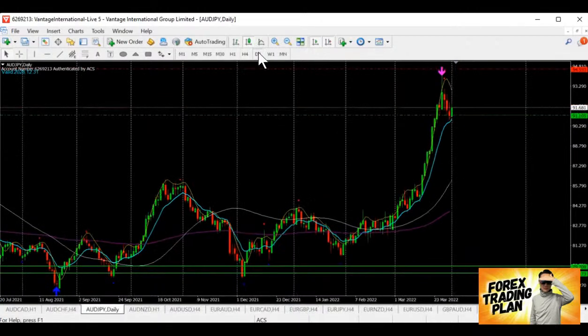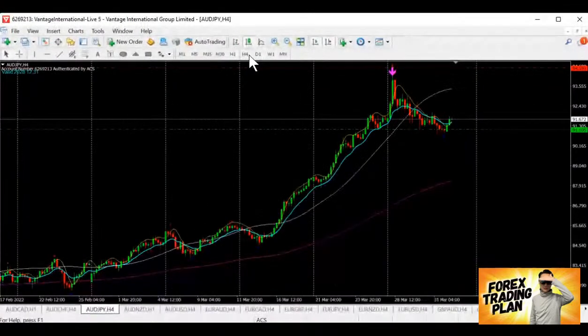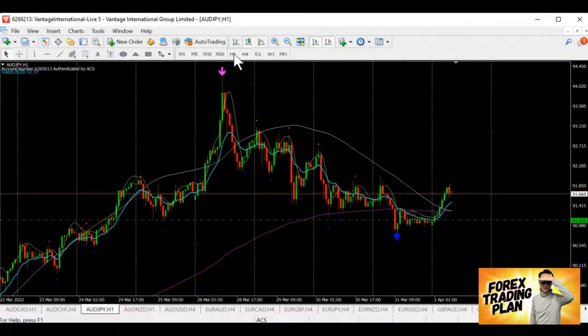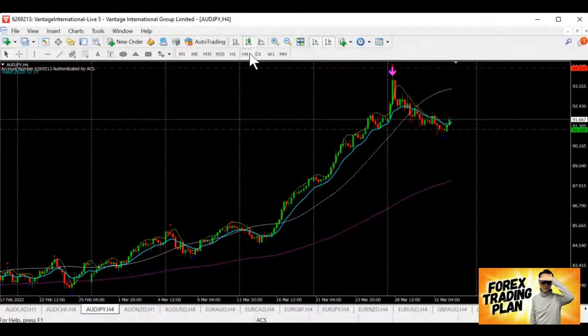Okay, so next to go, Aussie yen. Aussie yen over here. After the retracement for the past 3 days, it is now coming back for support, continuing the buying. So Aussie yen now is going for a buy. Very likely, buying is possible.